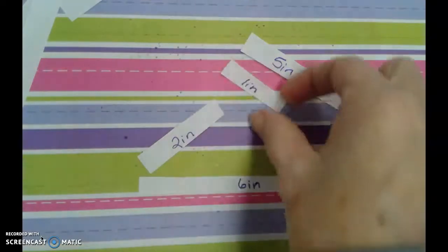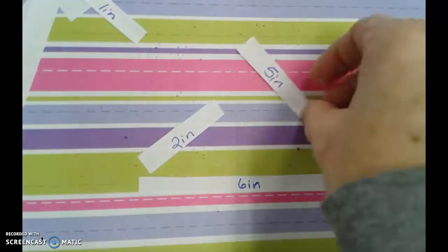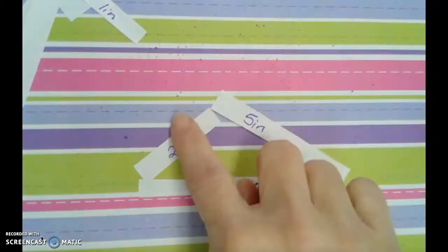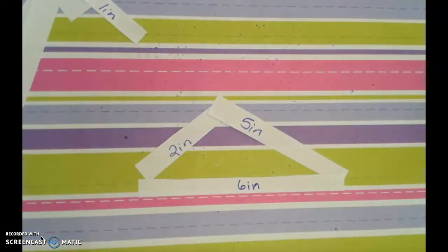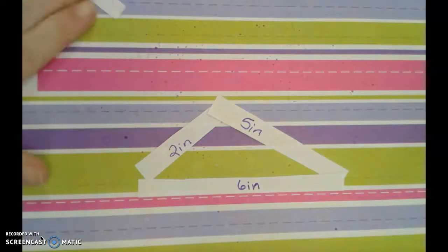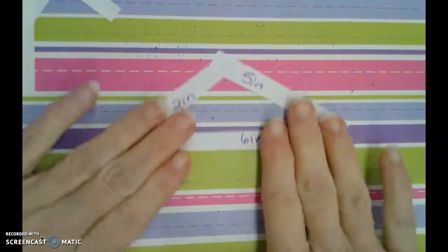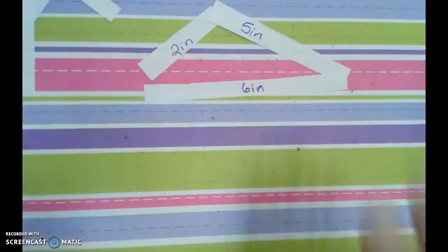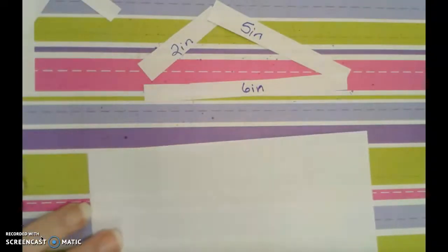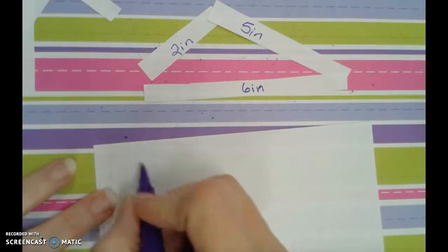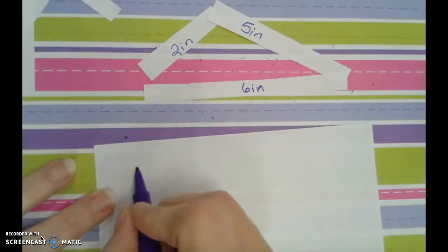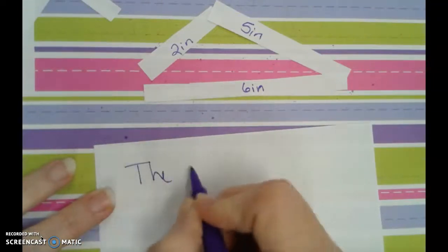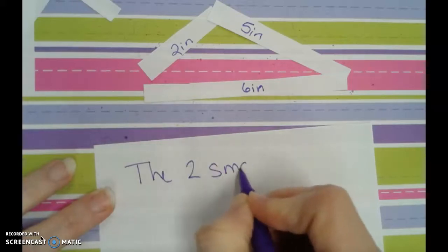So what happens exactly when we can make that triangle, okay? So that's what we want to try to write real quickly, is when do we know for sure, without trying to cut strips of paper all the time and make a triangle, what really happens. So we know that if we focus on our 2 smaller sides, so the 2 smaller sides